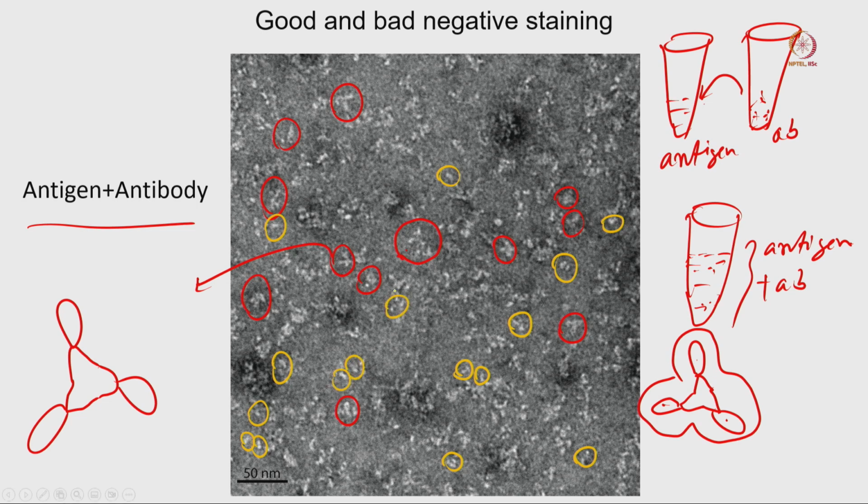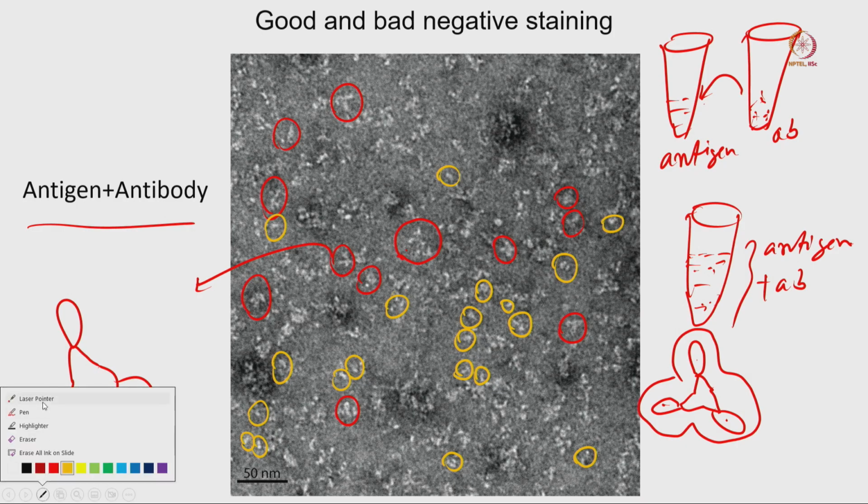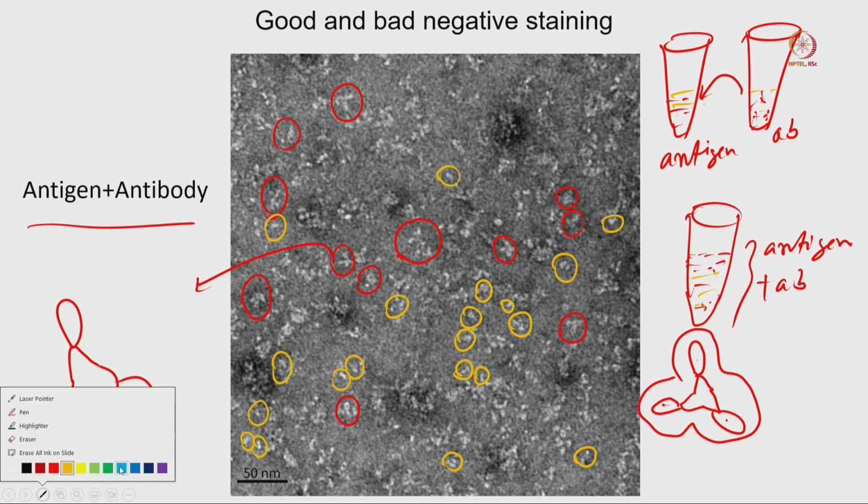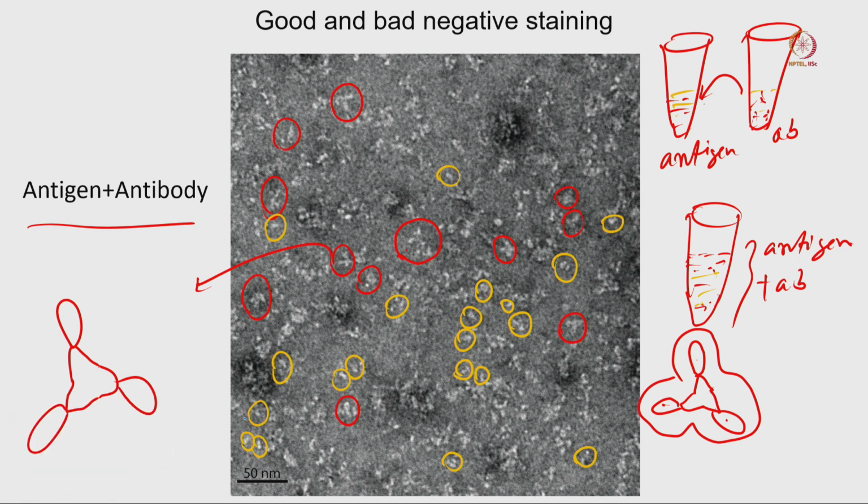Either after forming a complex there is some kind of dissociation, and that's why we are getting this kind of small species. Another possibility, if you look at our sample preparation process, is what we actually did: we took these two protein samples, one antigen and another antibody, and mixed them together, and when we mix them, we are expecting that they always form a full complex like this one.